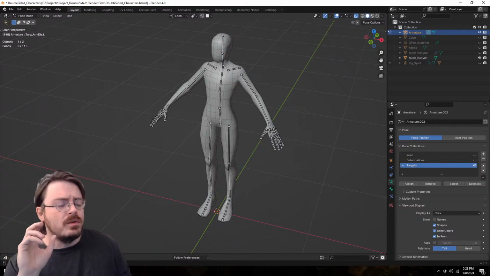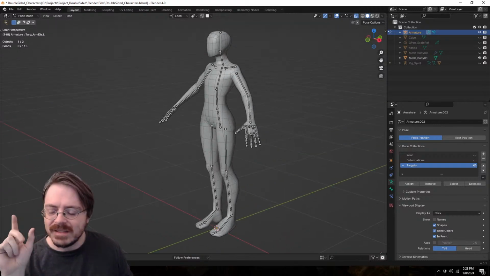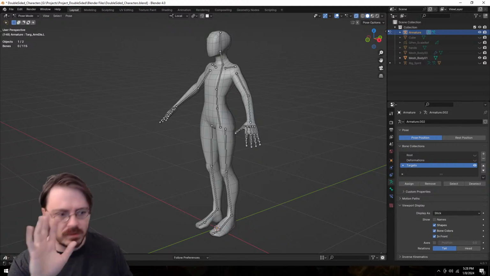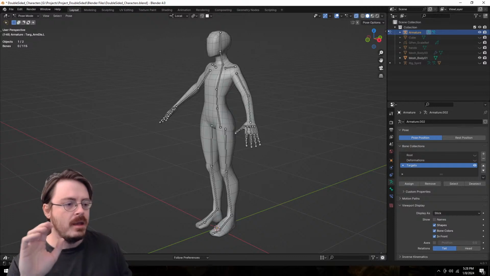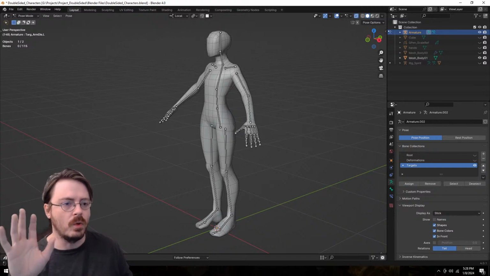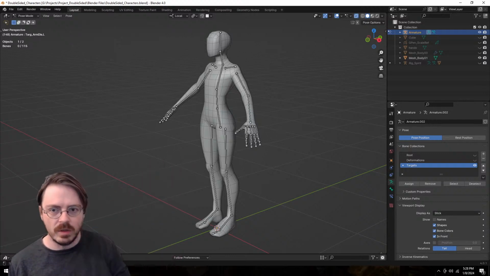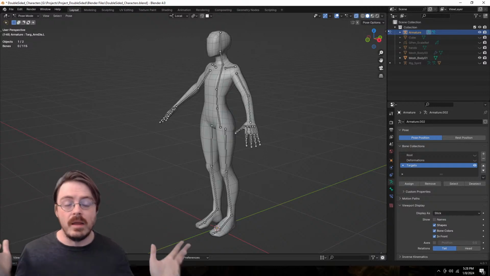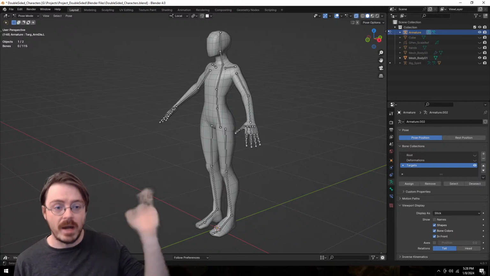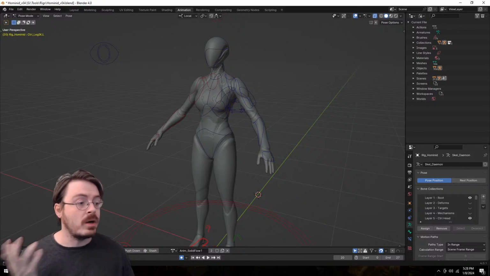So the first thing about doing this in general is I want to point out that part of this process is largely unnecessary. Not only can you buy rigs like this, you can buy a humanoid rig just online, and there's lots of them, free ones and expensive ones, and you can just go buy one. Not only could you just go buy one, but I've actually already made one.